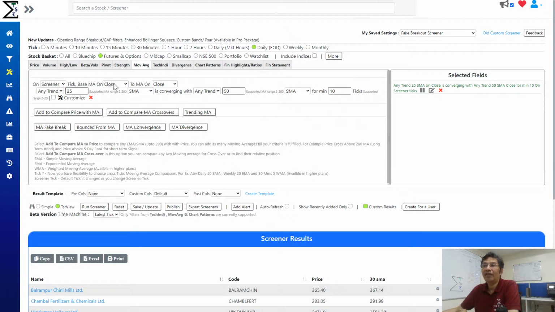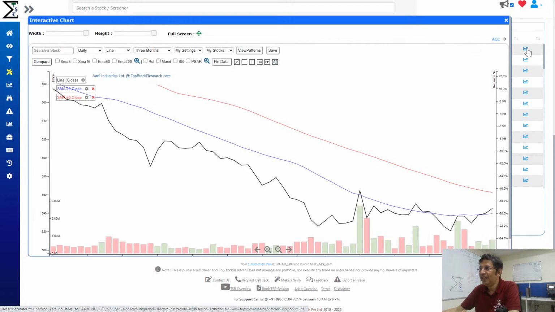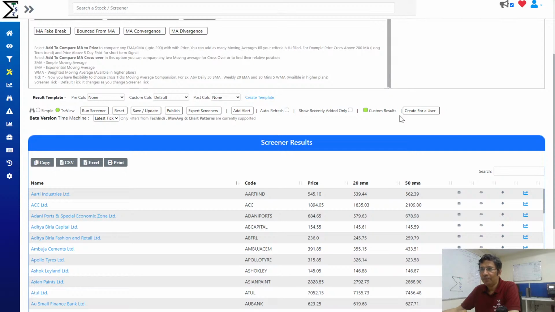That means the 2 simple moving averages, the 20 moving average is coming closer to the 50 moving average. So if you are looking for such a screener, what you do is, in this case, the gap between 50 and 20 is lessening, right? So basically in the last 20 ticks, the gap is lessening. That can be used as basically monitoring a certain